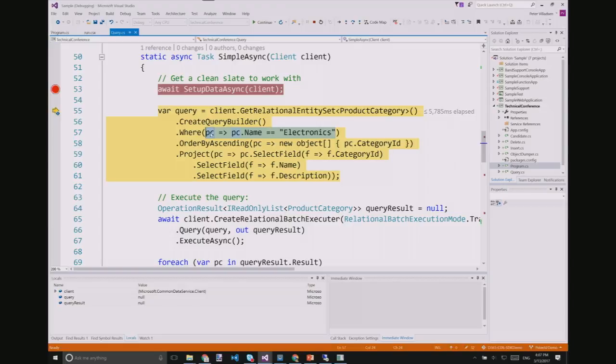It's a Lambda function from PC, which happens to be a product category. That's why it's called PC in this case. I could call it whatever I want, but I called it PC just for your reading edification. And the expression here is then I only want whatever product category electronics. And I want them ordered by ascending. And again, I use PC here. Again, this is the product category. And the result of the Lambda is an array of the fields that I want, ordered by. Wow, interesting. If you haven't seen this before, it may look a little bit daunting.